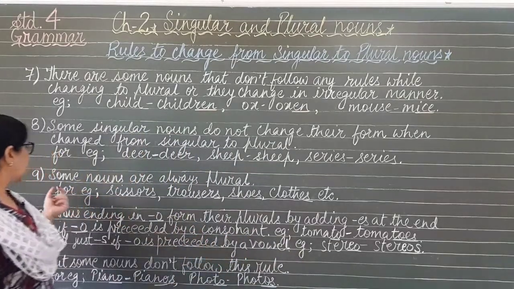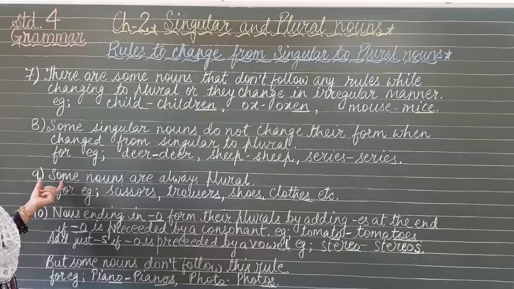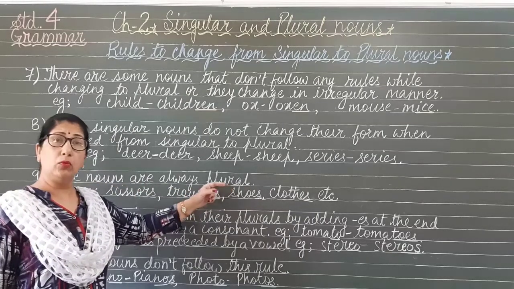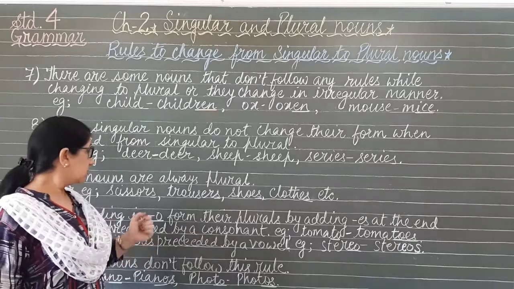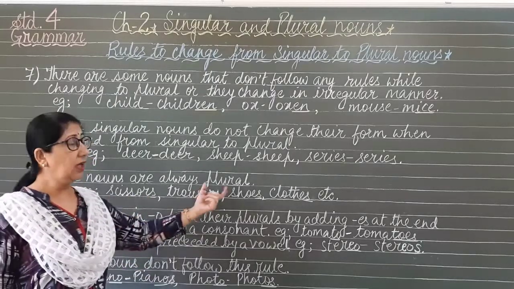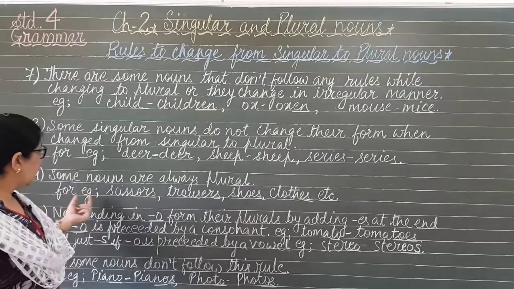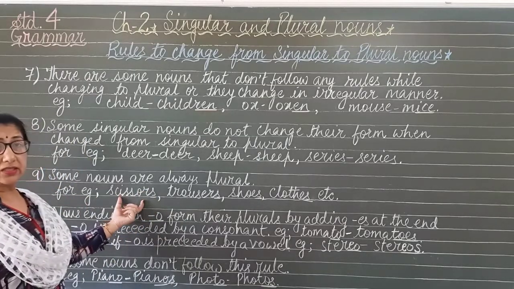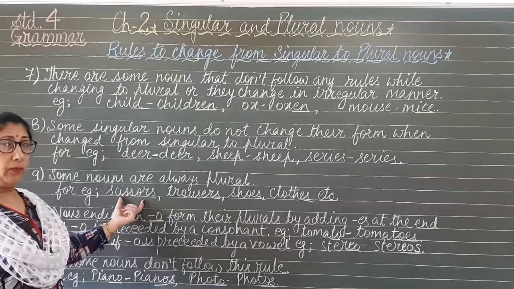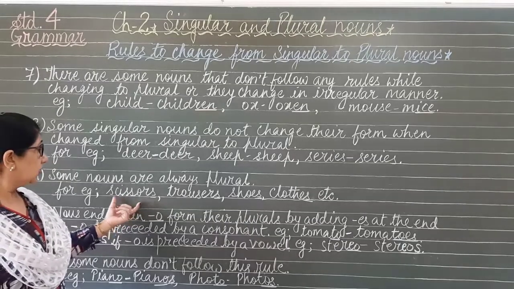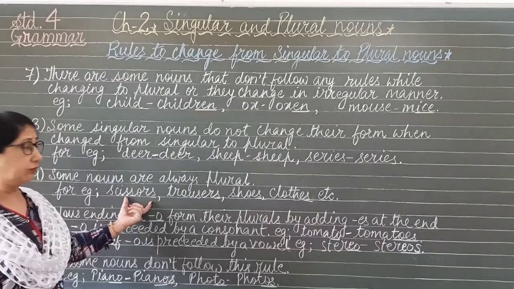Now let us see our next rule, number 9. Some nouns are always plural. इनका singular form होता ही नहीं है. Why? Because ये सब जो nouns हैं ये pairs में available होते हैं हमेशा. For example, scissors. Scissors क्या होती है? कैंची. उसके दो पार्ट्स होते हैं, पेयर में होती है ना, वो दो ब्लेड्स होते हैं हम कह सकते हैं. तो इट इज ऑलवेज यूज्ड इन प्लूरल फॉर्म.